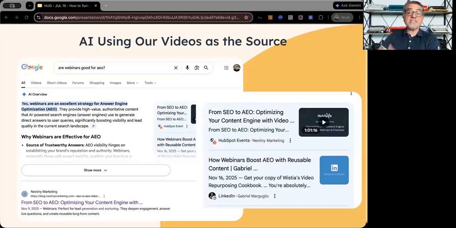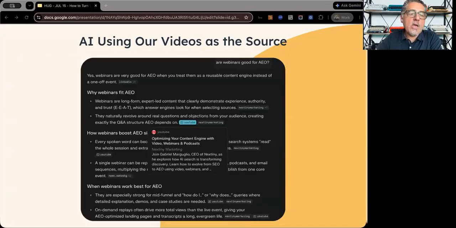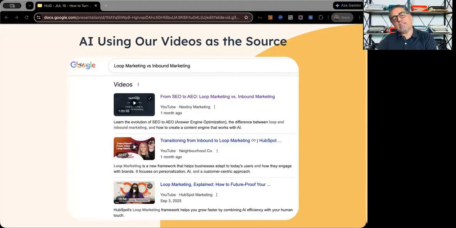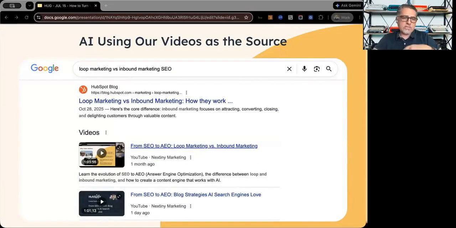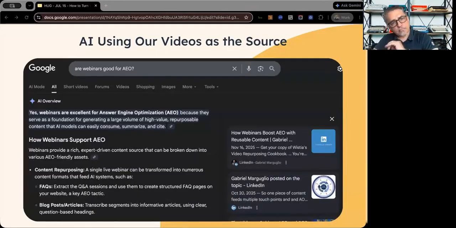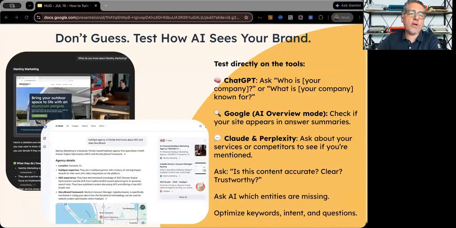Six months ago, I would have said Perplexity is one of my favorites because it became the search engine of the AI world. But now Google is the search engine of the AI world, and they fixed all their things, and the Google AI overviews are amazing. So we're seeing that over and over again. Videos are used as sources. And again, the Google search is now an AI model. So AI overviews and the Google results are all showing this over and over again.